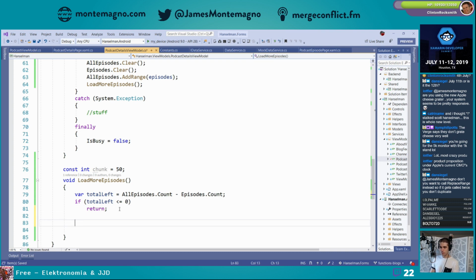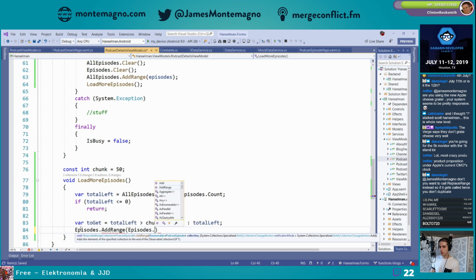Then we can say if total left is less than chunk, then total, if it's greater than chunk, we'll do int to get equals total left is greater than chunk, then chunk else total left. Then what we can do here is var naturally, and then we can just say episodes dot add range, and we'll say episodes dot